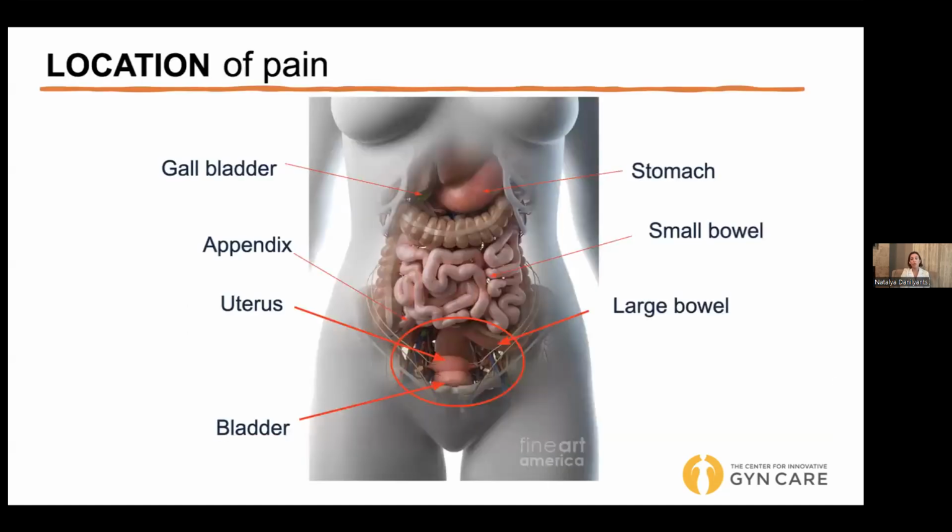Now, as far as location, to understand where the pain is coming from, we just need to know general anatomy, right? So this is your entire abdominal cavity. If somebody says, well, I have pain here, could this be from my ovaries? Well, if you look at the anatomy, the ovaries are not going to be the cause of that pain, because geographically, the ovaries are way down here in the pelvis. So this is likely stomach area, right? So your stomach, reflux, heartburn will cause this type of pain, or also gallbladder. It's going to be more in the right upper quadrant.